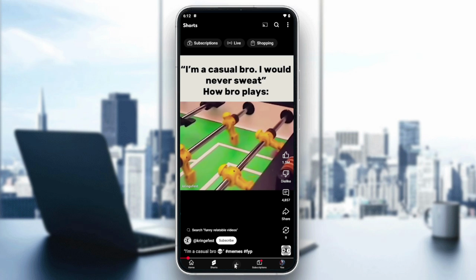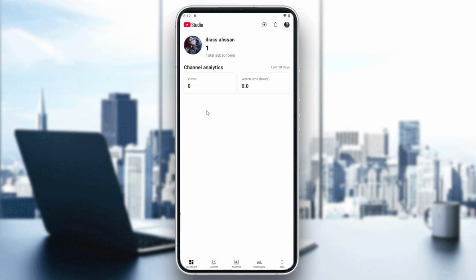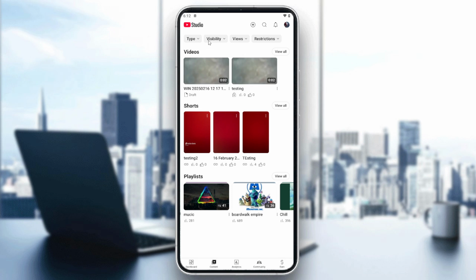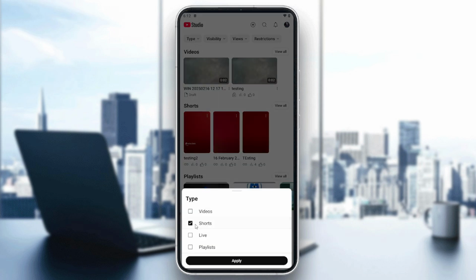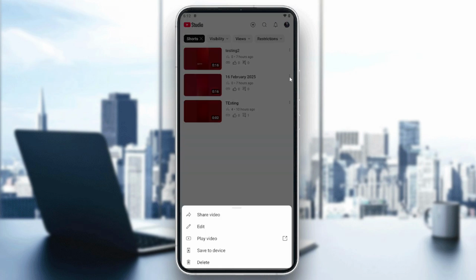So now we can simply just go back and go to YouTube Studio so we can go to some existing shorts in the channel. And basically this is some distinct shorts. So I'm just going to filter by shorts. I'm going to apply, and basically here I'm just going to click on the shorts that you want to edit or modify. So simply when you go to content, you choose your